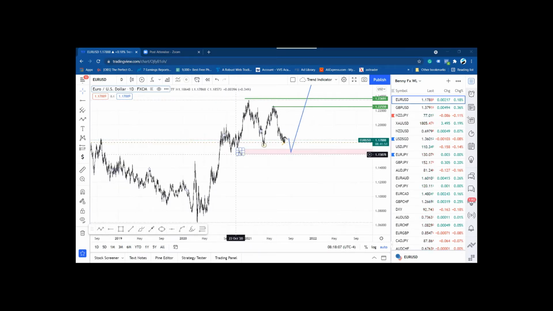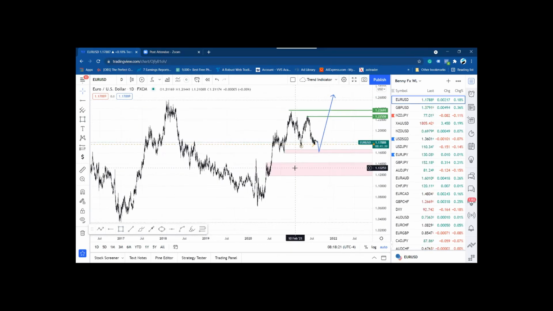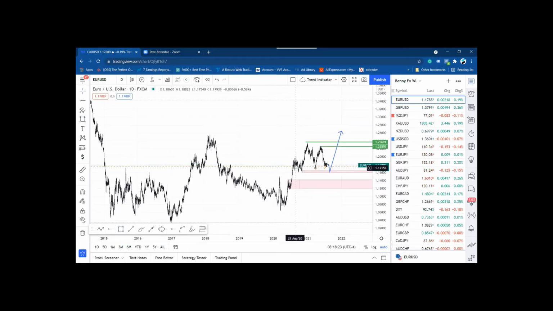But if we break this level, oh my God, you see the gap will be filled. The next level will be here. Okay, if we break that level, this low, the next level is here. But I don't think so. I think it will go up unless the Thursday FOMC statement will give a